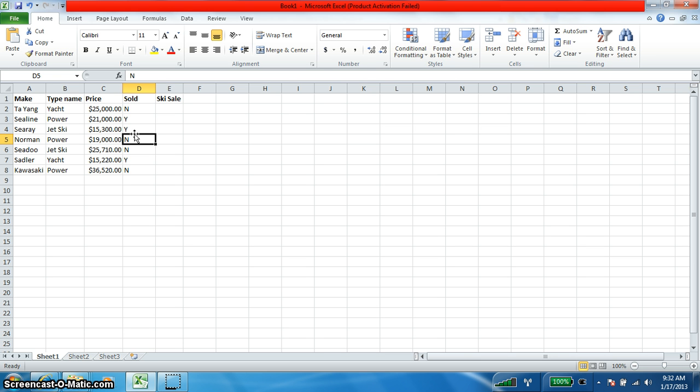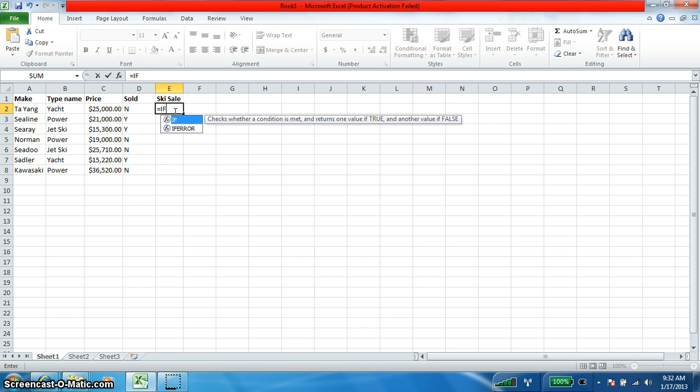If the item is not a jet ski or is sold, it should show an NA for not available. In order to do this, you must use a nested if statement. Now the formula is going to be placed in cell E2. The nested if statement will look something like this. So we start off with an equals if B2 equals